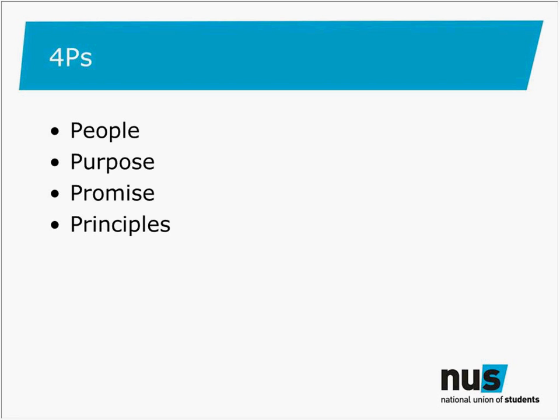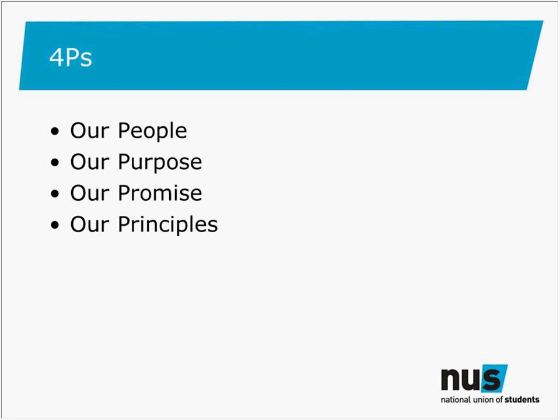And that might create a disconnect between the two. So I quite like the idea of the 4 Ps: people, purpose, promise, and principles. I'm really clear that we're talking about our people as a students' union, our purpose at this particular students' union, our promise to you as a student at this institution, and then principles. I've taken the basics of vision, mission, and values and adapted their language, so that we might see if there is a different level of engagement we could have with students.